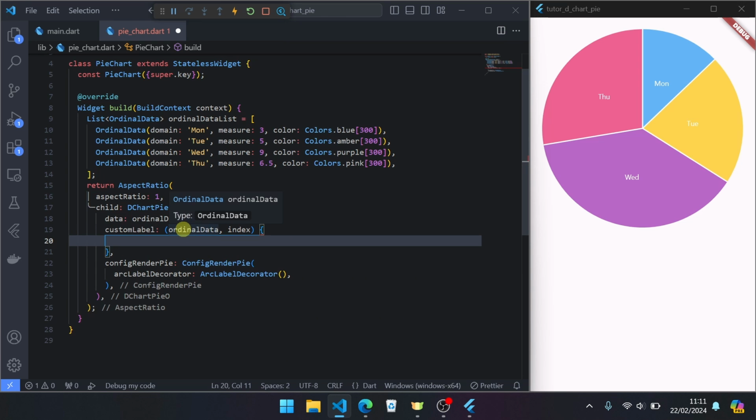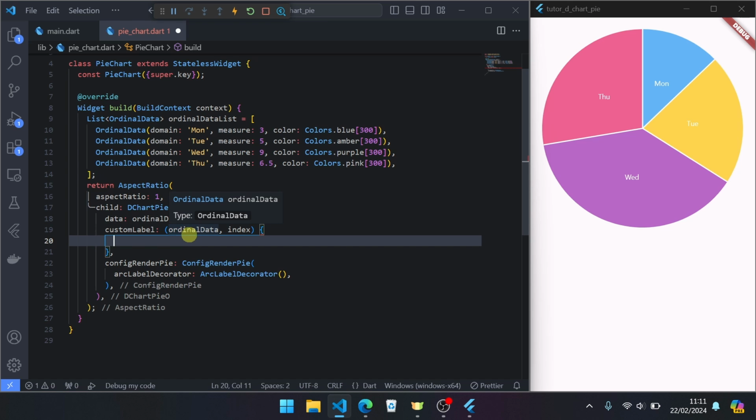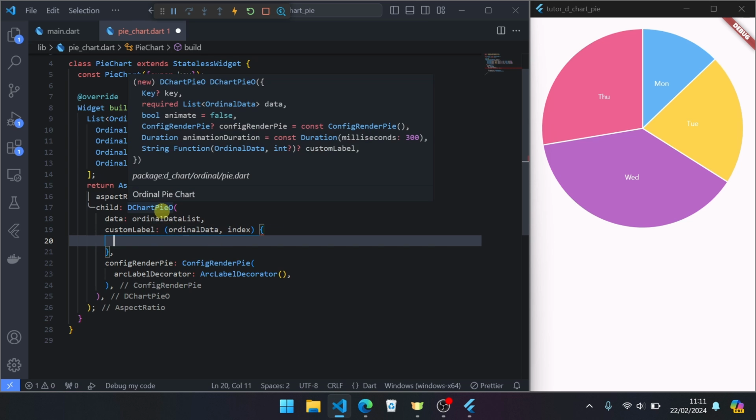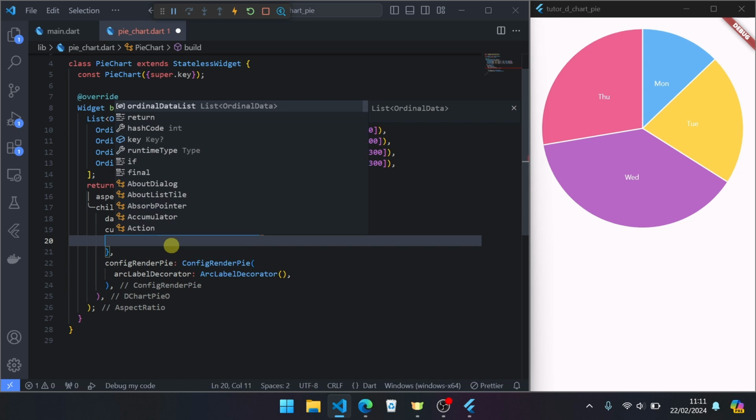The type of the two parameters here depends on what type of chart you use. For example, here it will be ordinal. If you use numeric or another type, this will be different. It depends on what type of domain you use.